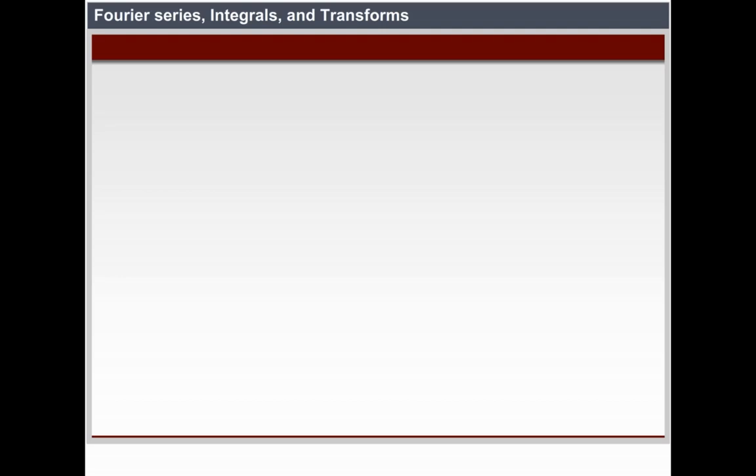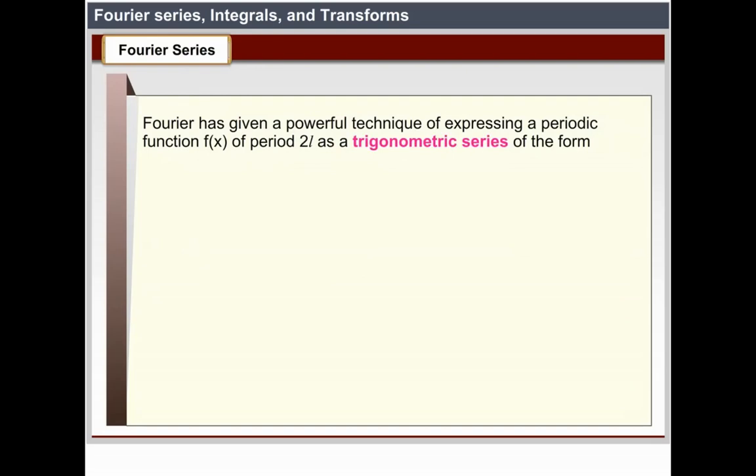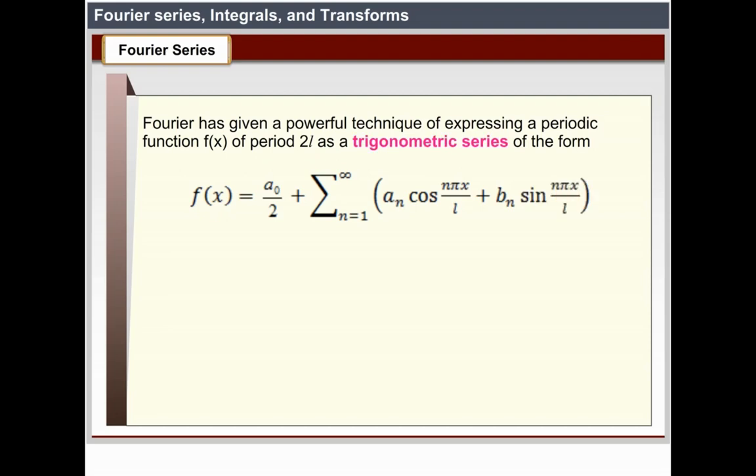Fourier series, integrals and transforms. Fourier series. Fourier has given a powerful technique of expressing a periodic function f of x of period 2L as a trigonometric series of the form f of x equal to a naught by 2 plus summation n equal to 1 to infinity of (an cos n pi x by L plus bn sin n pi x by L),